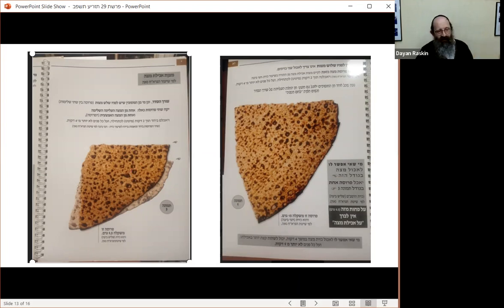And if you're having two Kezayis, one from the top matzah, one from the middle matzah, each one could be this size. Of course, this is a little bit reduced, but this is an A4. The original is an A4 size, so you can get the proportions. If anyone wants me to send this by email, I can send it to you. But yeah, so the quantities, if you're going to have Kezayis de Rabbanan,